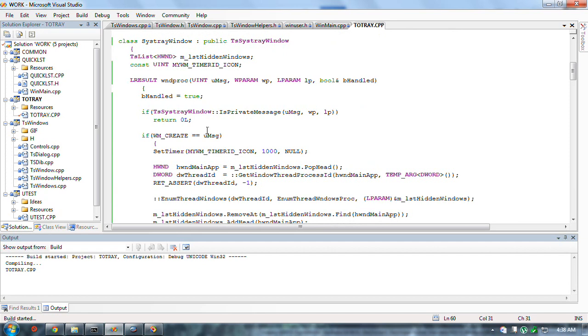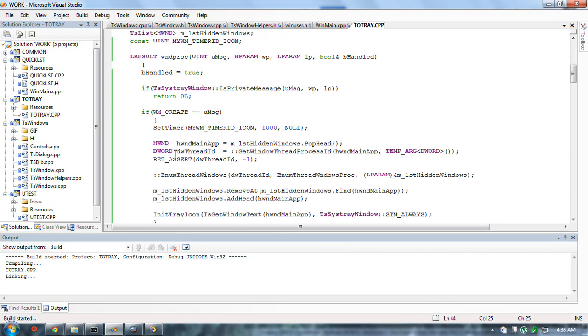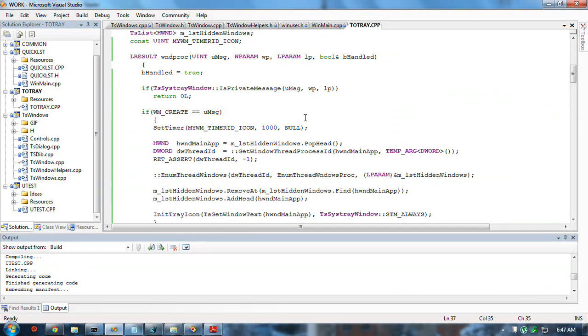I cut out a bit where I forgot this line. I forgot to put this line in and ran the program. It worked great, but I couldn't get the thing back out. And the thing I wanted to get out was the recorder. So I had to record myself struggling to try and get that thing out of the system tray. This is an insert. At this point in the video,